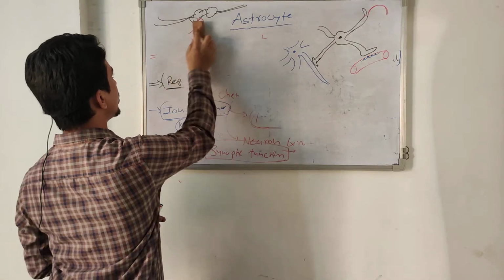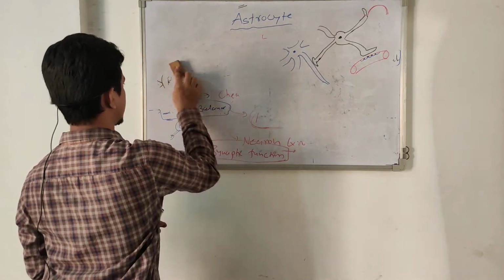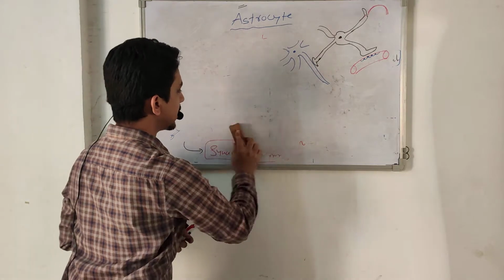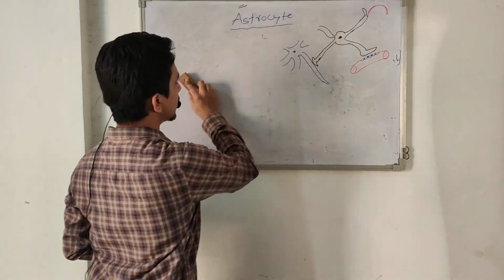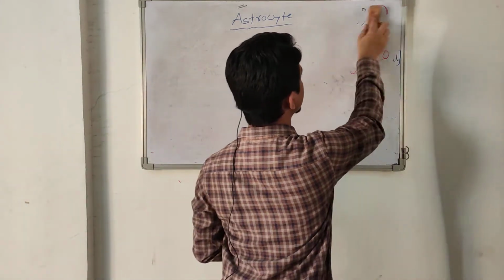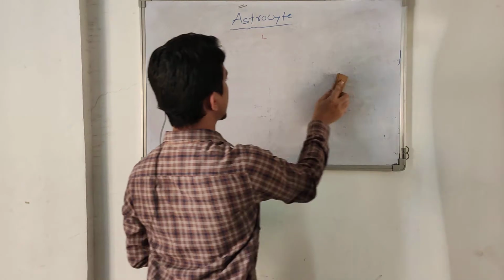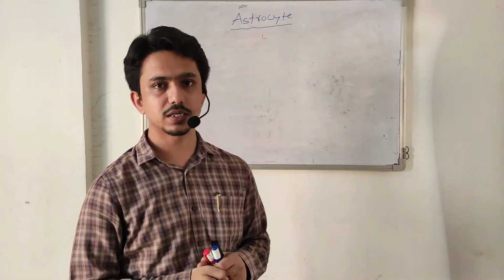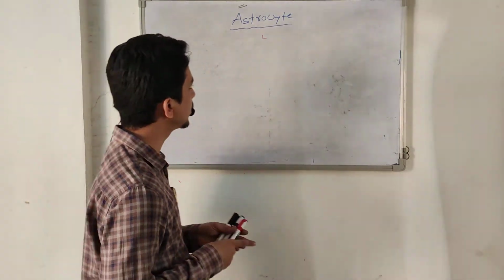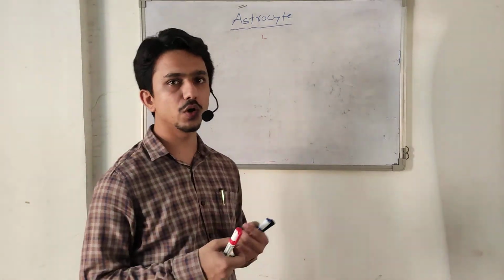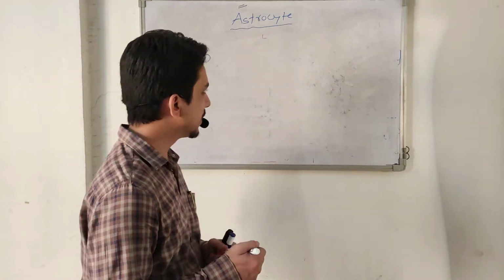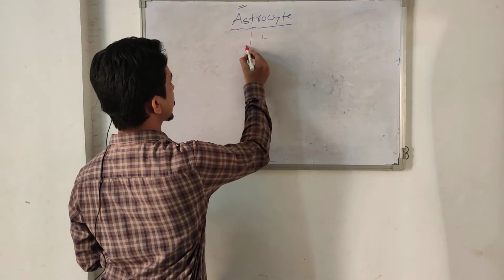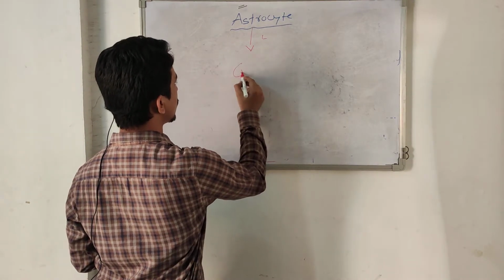Now, astrocytes can signal with other astrocytes or neurons. Formerly it was thought that neuroglia cells cannot signal to each other, but recent studies show that astrocytes can signal. They communicate with other neuroglia like astrocytes and oligodendrocytes by signaling molecules like ATP and others like glutamate. So this basically secretes a signaling chemical. This is called a glio